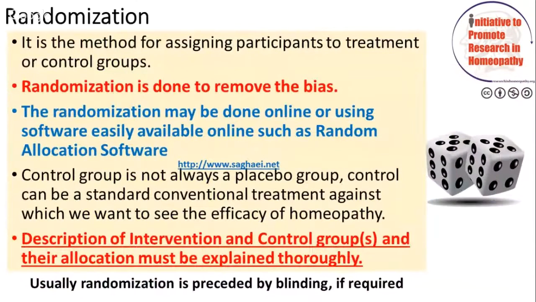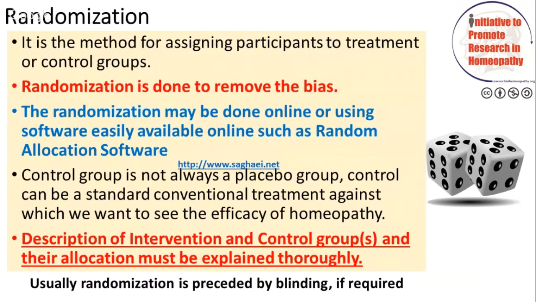We have identified the population. Now we want to allocate them randomly. This is the most important part of the trial. It is a method of assigning participants to either the treatment or the control group. It is done to remove bias, because